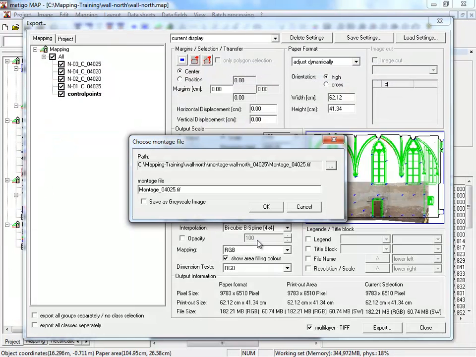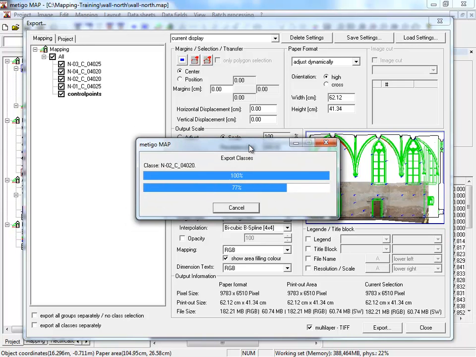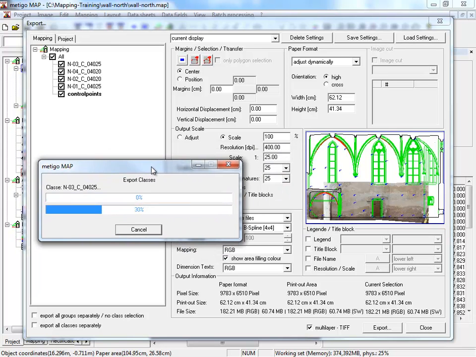Open it and edit the name to north 04 and 025. Okay. In the first step, the software is now writing for each image layer a single TIFF file